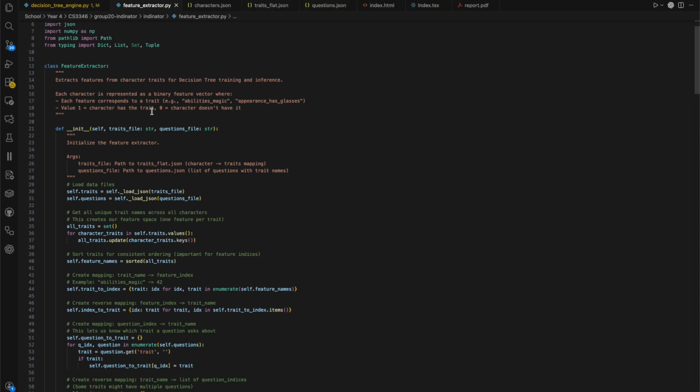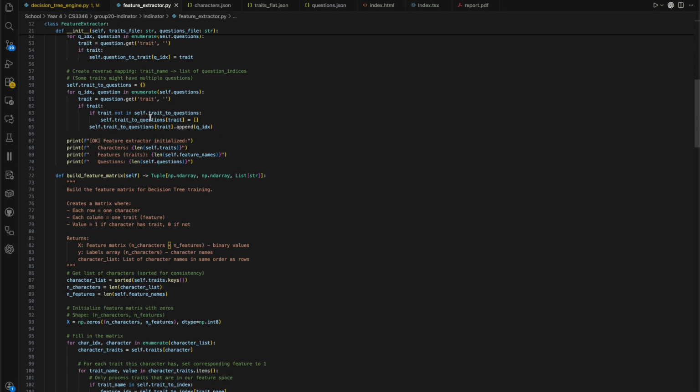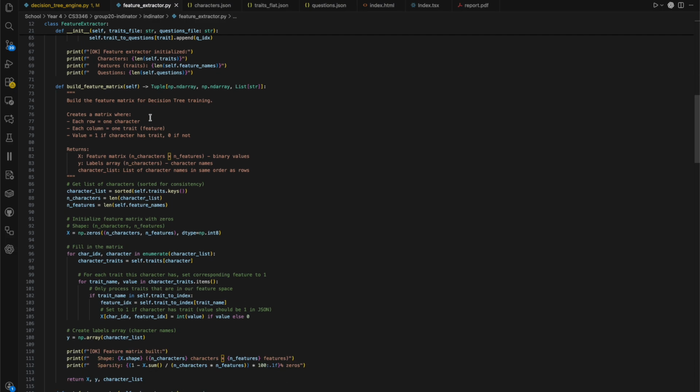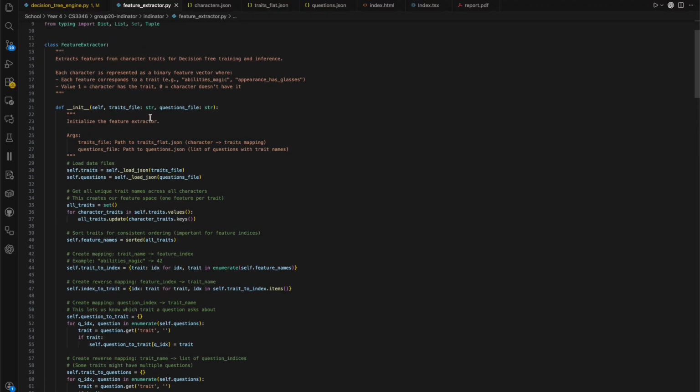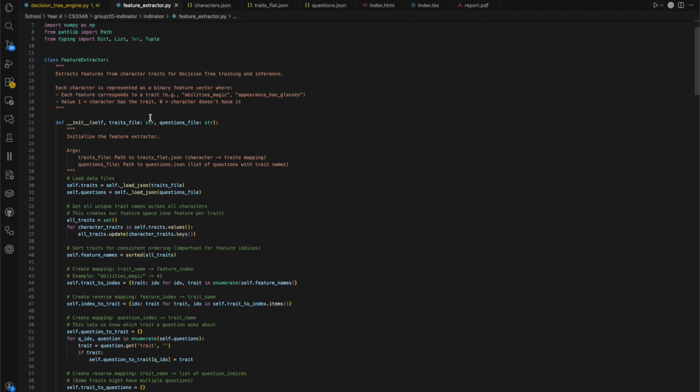The main file starts here with the feature extractor, which basically makes a feature extraction from all those files. The initial thing it does is make a feature matrix that has each row as one character and each column as one trait, and then it maps 1 or 0 depending on whether or not that character has that trait. And then it uses that to make a feature vector